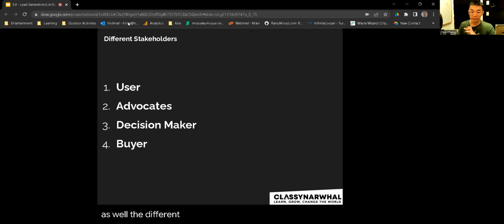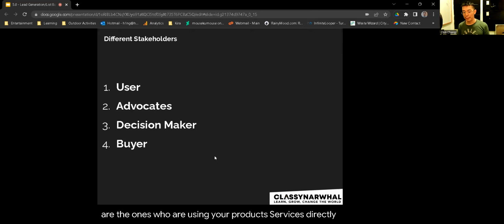The different stakeholders, if you're not already familiar with them, generally this is kind of what the rough buckets look like. So you have users. These are people who are the ones who are using your product or services directly. They may or may not be the same as the rest. Sometimes they could be, sometimes they're not. Advocates are people who really want or see some benefit from using your product or service.